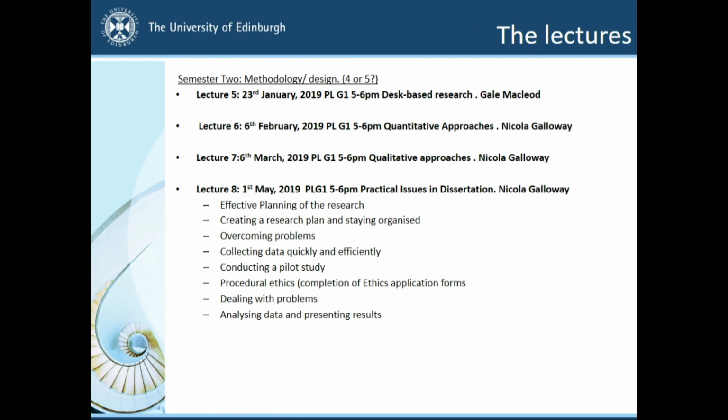They can give you some tips for time management as well. In semester 2, we move on to, these are the old slides, aren't they? 4 or 5, this should be. And we move on to methodology and design. So thinking about desk-based research, quantitative, qualitative, so drawing on the literature that you'll be introduced to in research methods